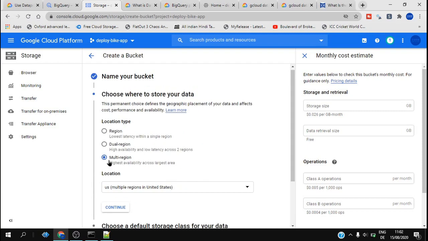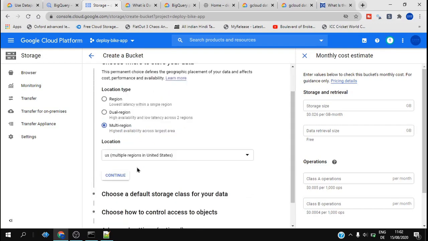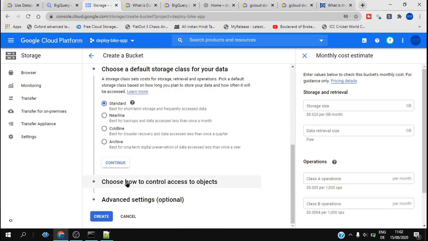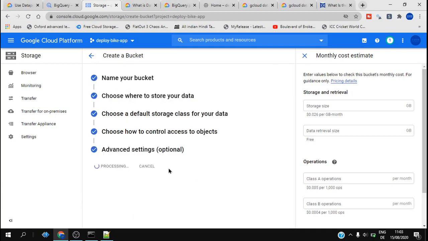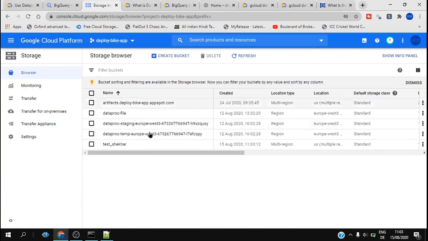Multi-region means that it would be available all the time, and you do not have any downtime. Storage class standard, and fine-grained is the access control basically. So you would learn later what is basically the access control. It's all about the bucket level permissions basically. And I just click on create, so I would be able to see this new bucket test underscore Shekhar, which